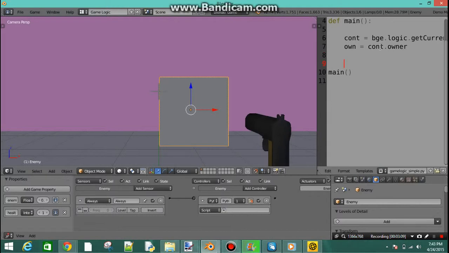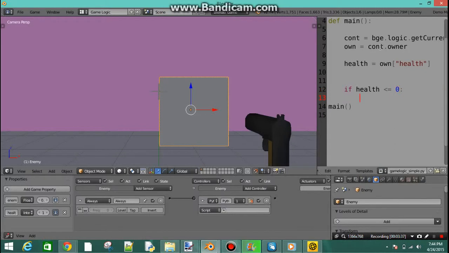And then say health is equal to own, and then quotation marks because we're looking for a property health, and then say if health is less than or equal to 0,